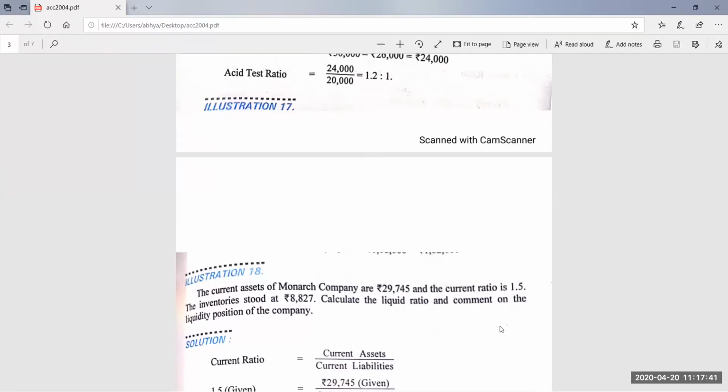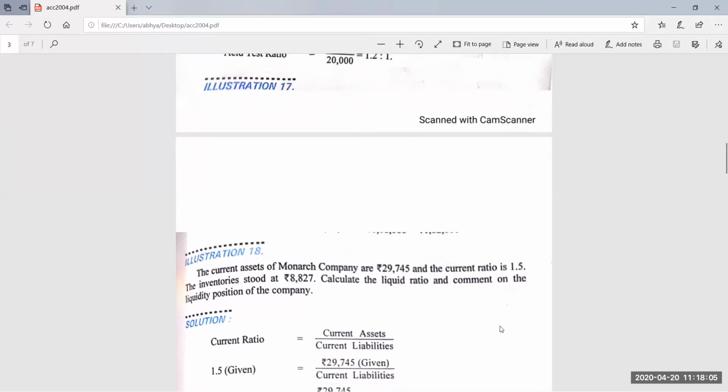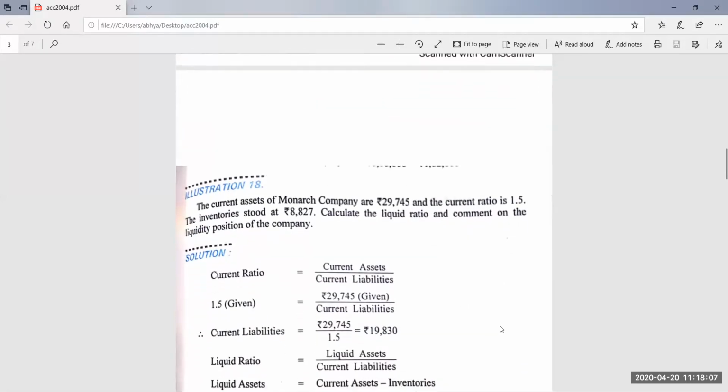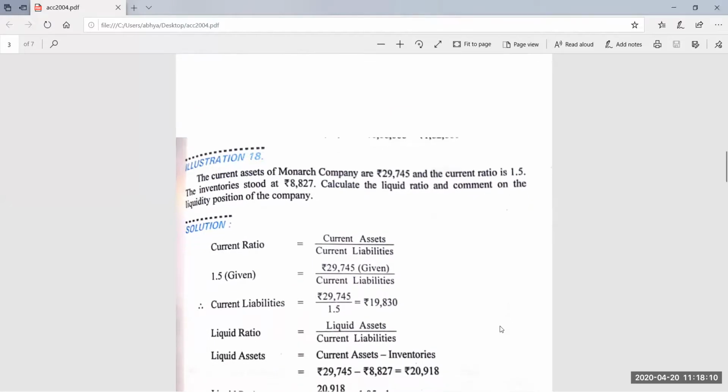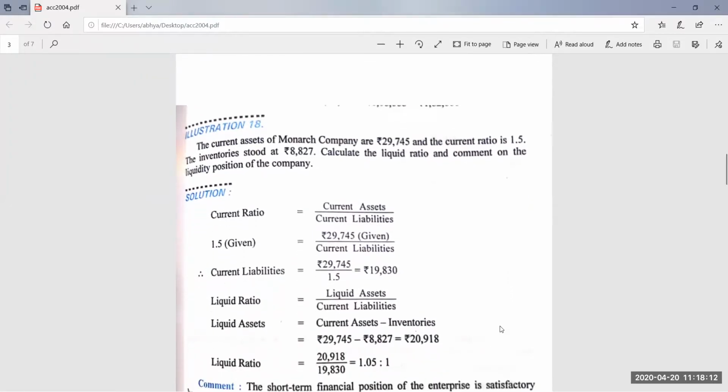Similarly, in other categories also, there are some ratios. Like the second category, which I'm going to introduce in today's class, is the solvency ratio. We have to do four ratios there. Here we have done two ratios. So no journal, no ledger, no long calculations at all is required in this chapter. Just the formulas you have to learn and then apply those formulas according to your information. Okay, students. So I think this question also I had given yesterday in assignment. If yes, you can match your answer.